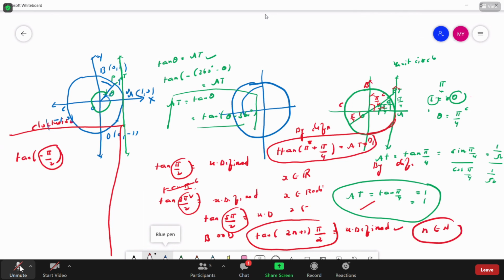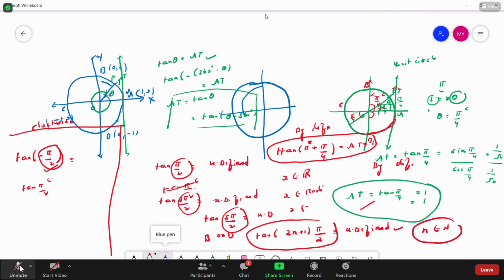If I say tan pi by 2 radians, then the angle is pi by 2 radians. Tan minus pi by 2 means it has traveled from here to here. According to L equals r theta, theta is minus pi by 2 radians. You have to understand that visualization. If I write a real number, what is the visualization? If I write a degree, sorry, radian, what is that? You have to be clear on that.